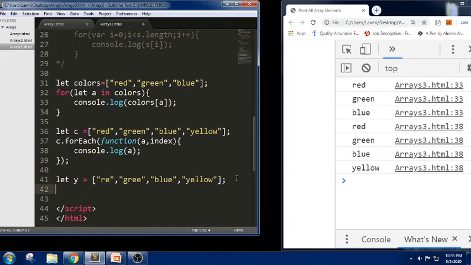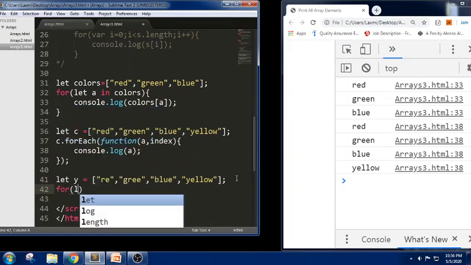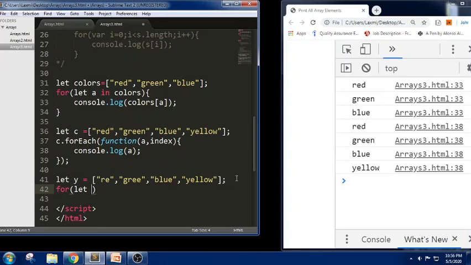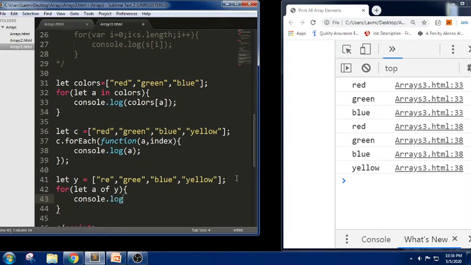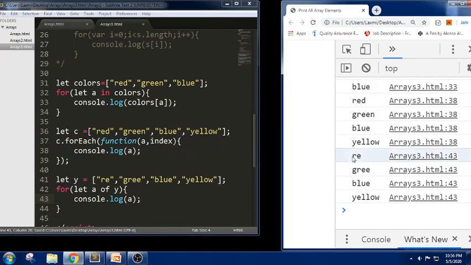So in this way I'm trying to take an array name as y and we are trying to use for of now. So I'm trying to write console.log of A. If we can see this snippet, we got red, green, blue, that is line number 43.